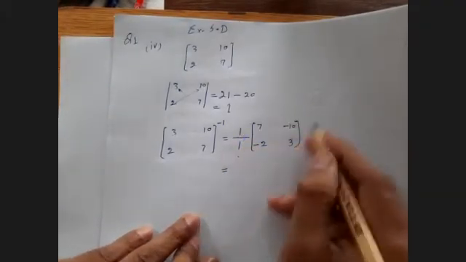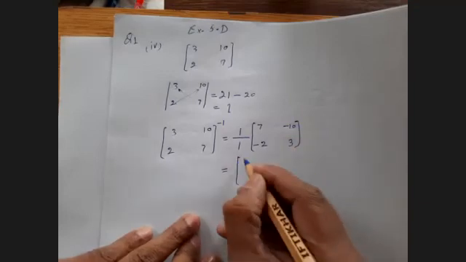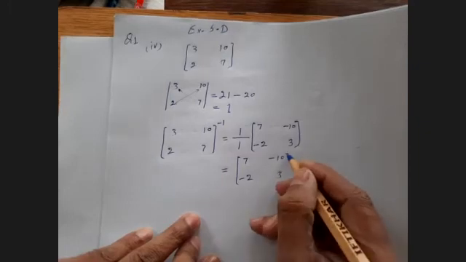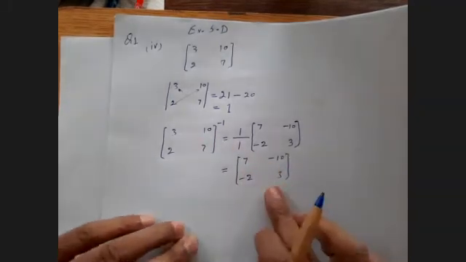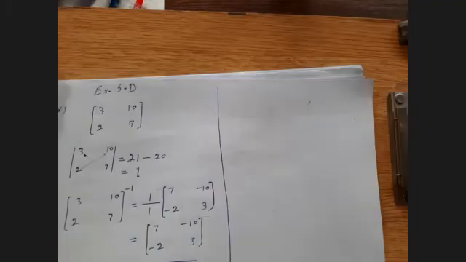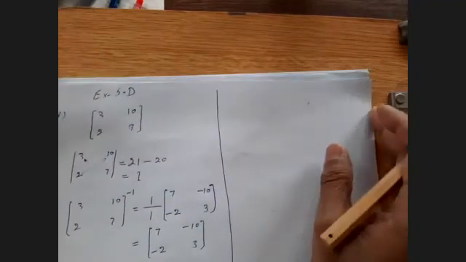So 1 multiplied by anything within the bracket, the result will remain the same. So the inverse of this matrix is equal to this. In this way, you are going to find out the inverse of the matrix. Listen to me very carefully,